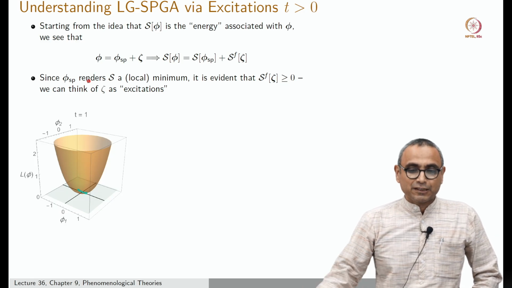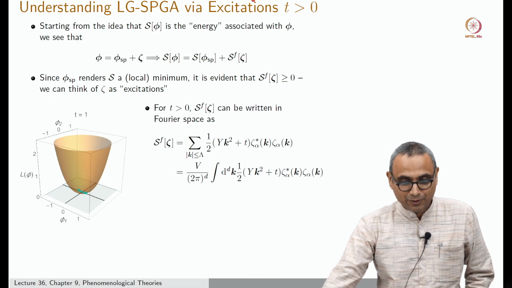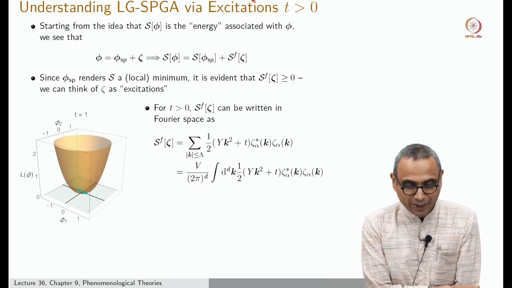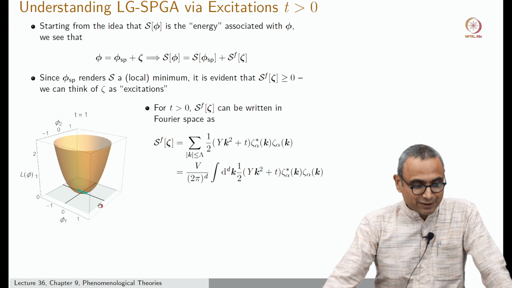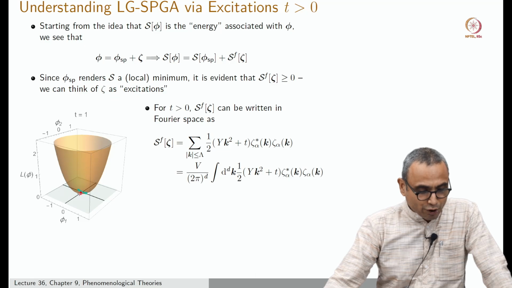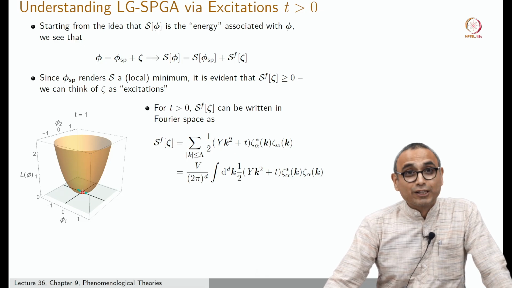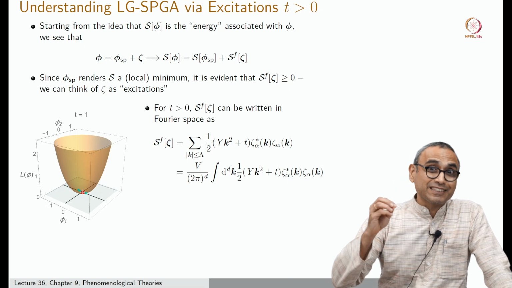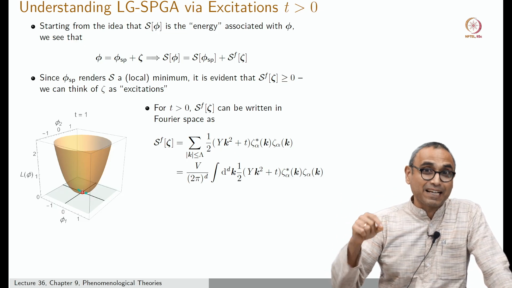Okay. So what is the nature of these excitations when t is greater than 0? Let us look at them. If I think about zeta 1, this is the space of the emergent field phi 1 and phi 2, and that's the coordinate system in the phi 1 phi 2 space. The point at the origin here is the saddle point value, because phi equal to 0, or m equal to 0 if you wish, is the saddle point.